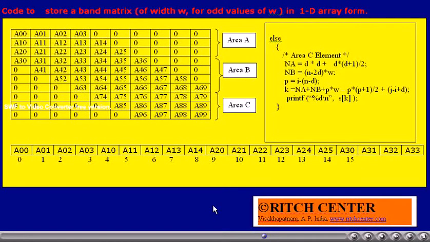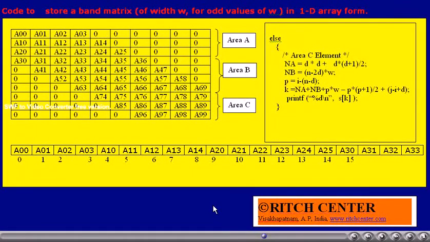Thus, we consider P, a variable which is I minus n minus D. That is, those P rows before this ith row contain W minus 1, W minus 2, etc., W minus P elements.